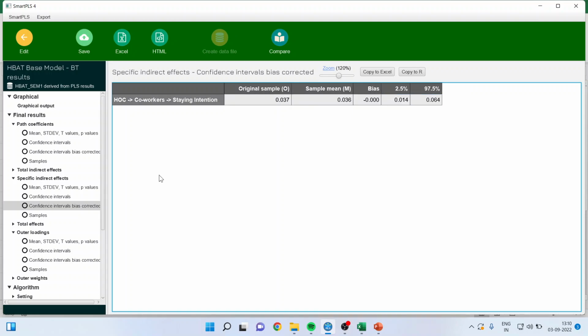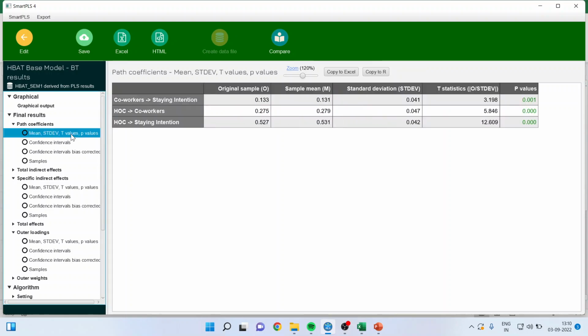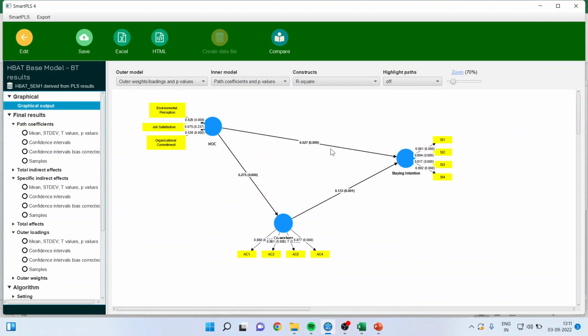So, the structural model results can be reported from here, where you get co-workers affecting staying intention, HOC, the higher order construct, affecting the co-workers, HOC affecting the staying intention. This we can see from the graphical output also. All the p-values are less than 0.05, and therefore these path coefficients are significant. You can also highlight the paths at which paths are more significant. Now to get the R square, F square of this model,